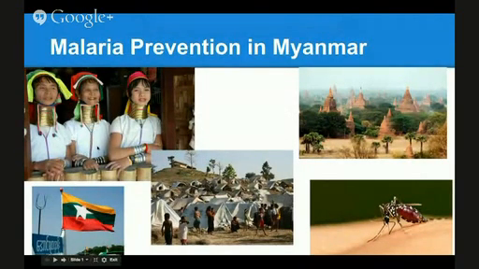It used to be ruled by the British Empire until the 1940s, after which it declared its independence, and was going along fine until the 1970s, when it was under military rule. It was under military rule from the 1970s till 2011, and then it became a democracy. But even after becoming a democracy, there are still some ethnic tensions in the country, especially along the borders. And you can find all these refugee camps along those borders.